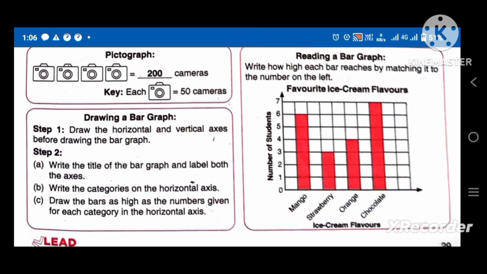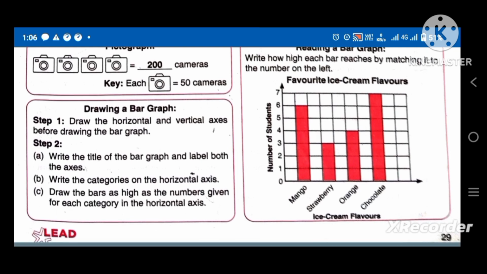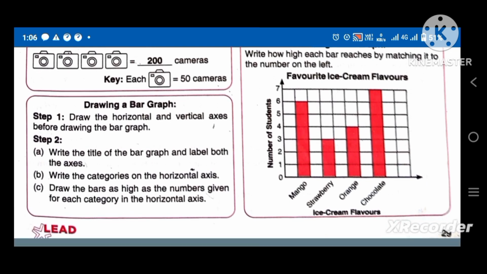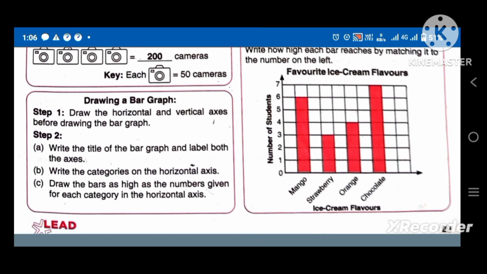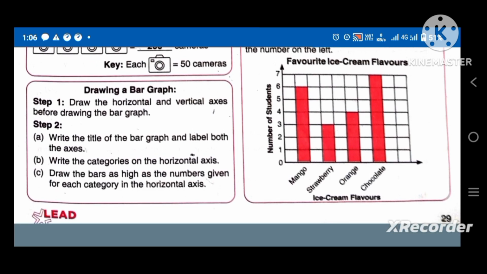Ice cream flavors on the horizontal line: mango, strawberry, orange, chocolate. On the vertical, number of students like